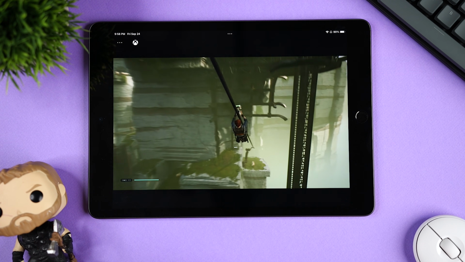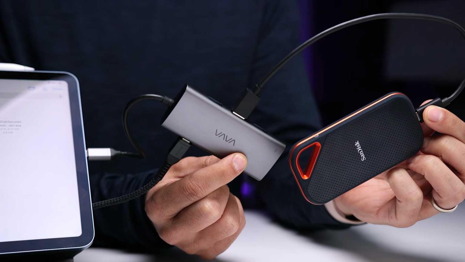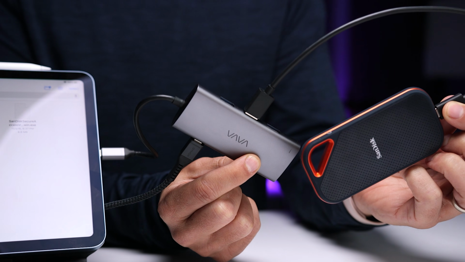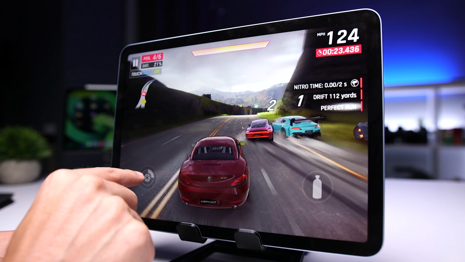Overall, the design is a win for the iPad Air 4. It looks nicer, it feels nicer to hold. I like the fact that we have smaller bezels all the way around. We've got a more powerful port, which is going to give us more powerful accessories, and we have a better configuration for the speakers.